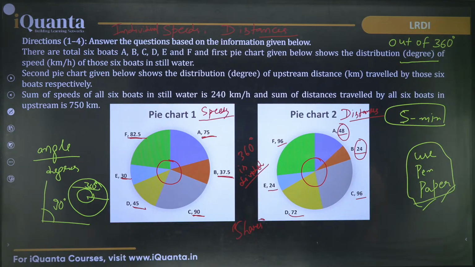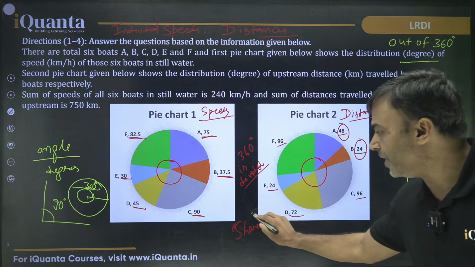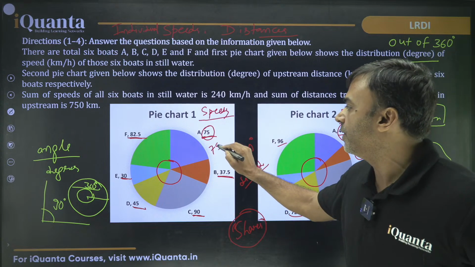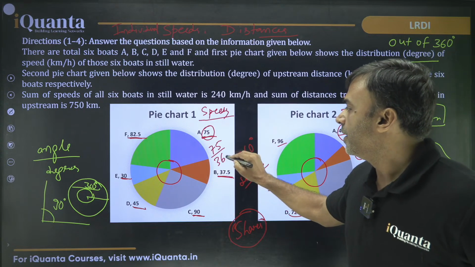No sir, that was my mistake. Okay, no problem, no problem. 360 by 10 is 36. By that E can find 37.5. Yes, very good, Vibhuti. Perfect, perfect. So I am going to the next slide. Yes, Sakshi. So you can see the share, meaning of the word share, that this 75 is out of 360.